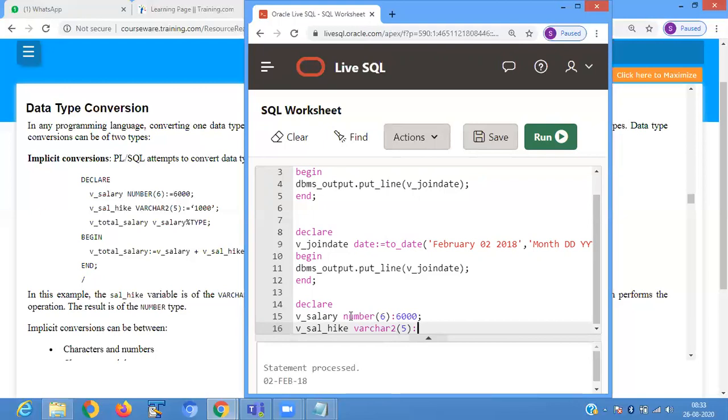Previously we were giving a numeric value, and in the next line we are passing a string value.